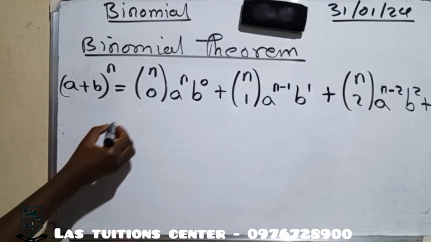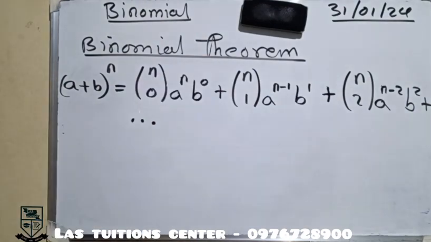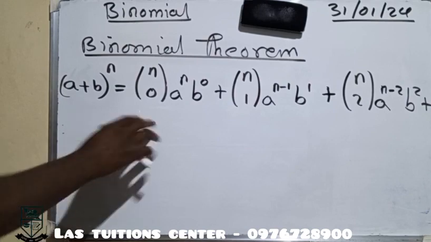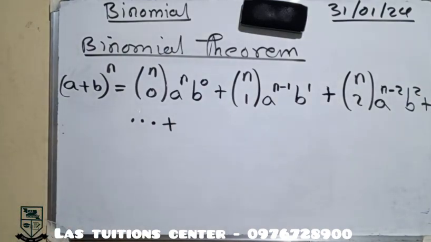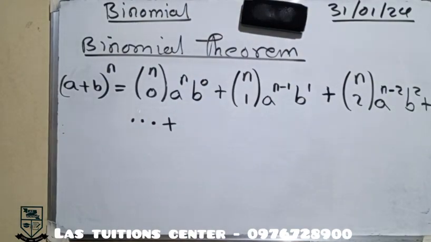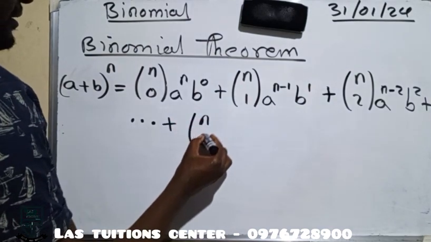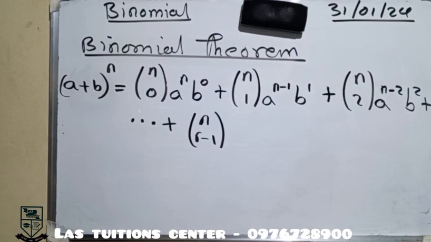Then we can put some dots to show that there's a lot of numbers there because we are dealing with n and we don't know what that n is. So we just put dots, then plus. Now, in the midst of this entire expansion, as you expand, there is a part here which we have as n choose r minus 1, then we are going to have